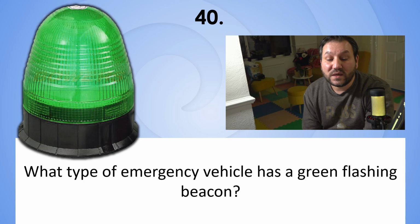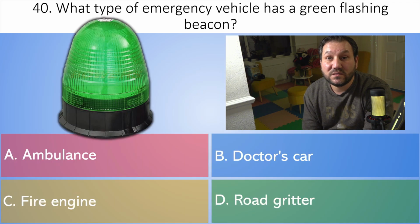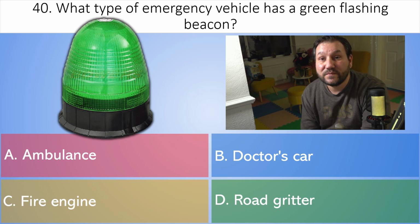40. What type of emergency vehicle has a green flashing beacon? A. Ambulance. B. Doctor's car. C. Fire engine. Or D. Road greeter. The correct answer is